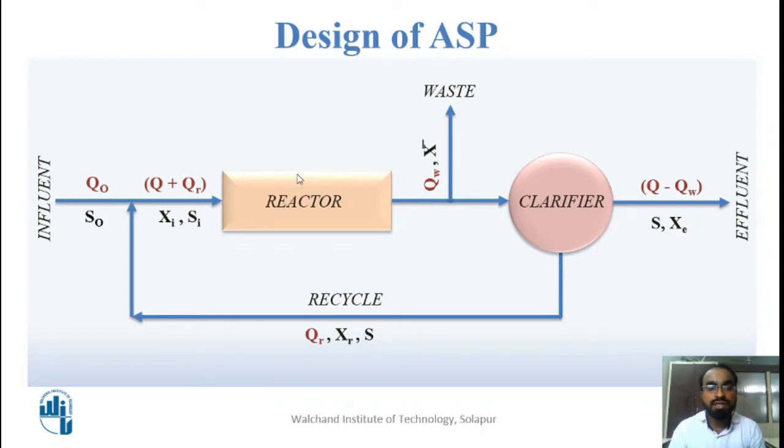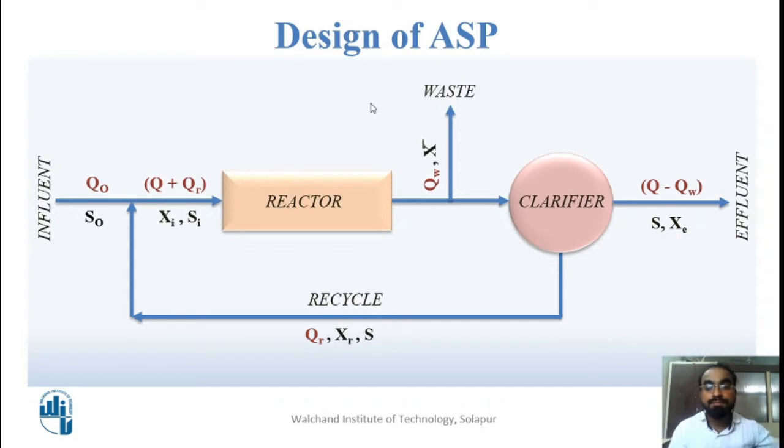After the degradation process, that effluent is taken into the clarifier, but whatever sludge has been settled in the reactor, that is around 5 to 10%, will be taken out. It will not be taken into the clarifier. The flow rate of that sludge will be considered as QW,